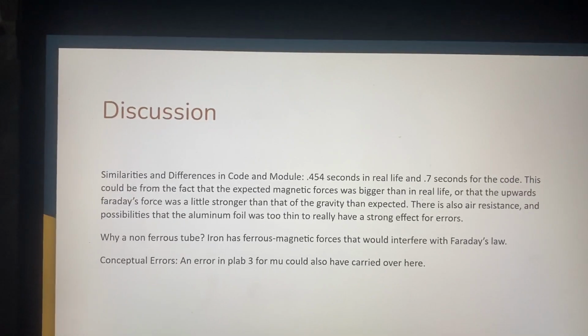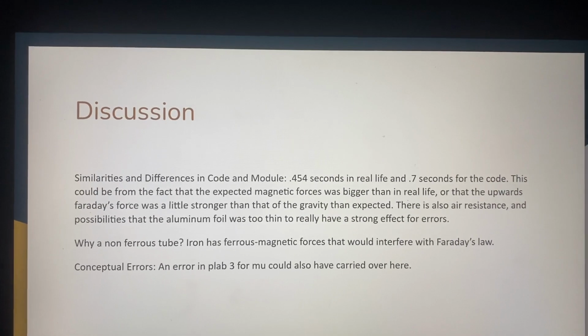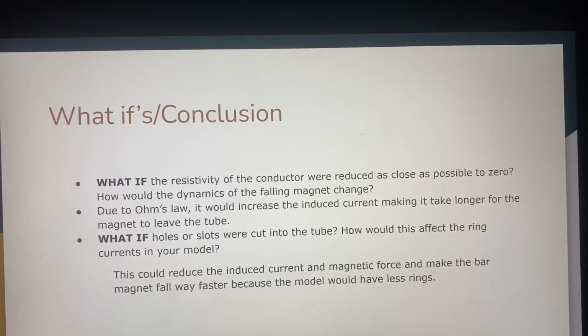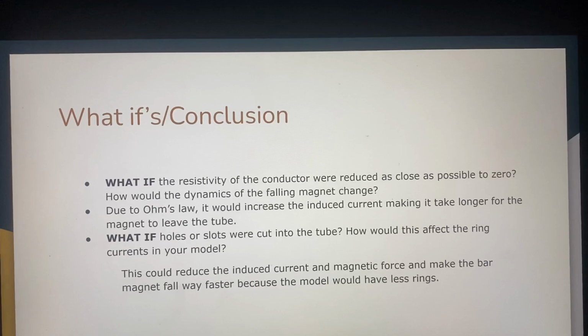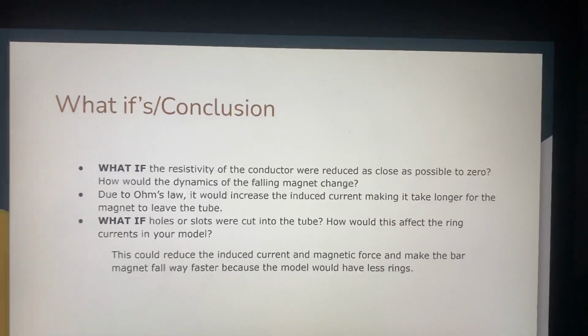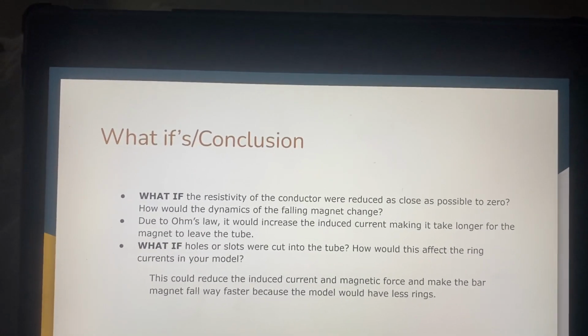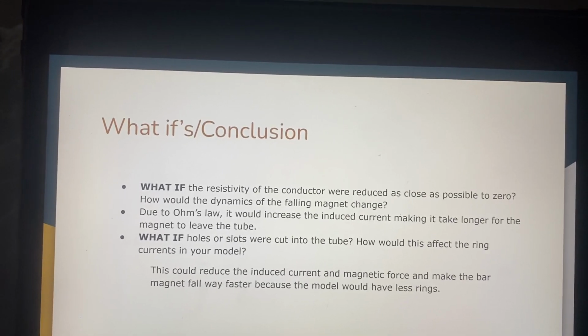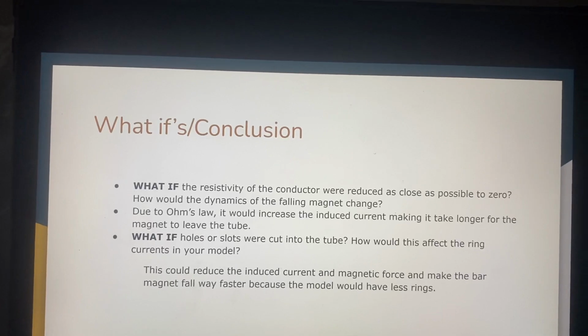And why a non-ferrous tube? Iron has ferrous magnetic forces that would interfere with Faraday's law. So what if / conclusion? So what if the resistivity of the conductor were reduced as close as possible to 0? How would the dynamics of the falling magnet change? So due to Ohm's law, it would increase the induced current, making it take longer for the